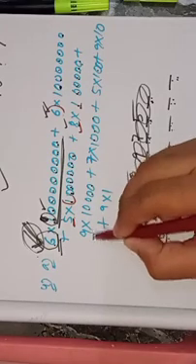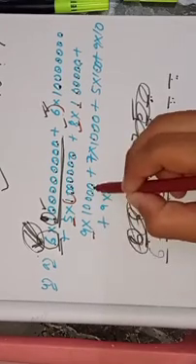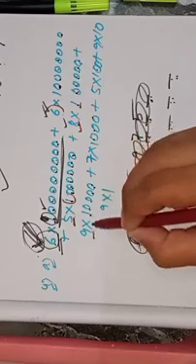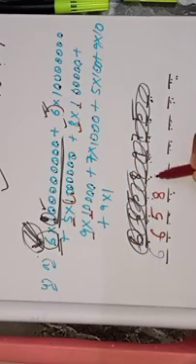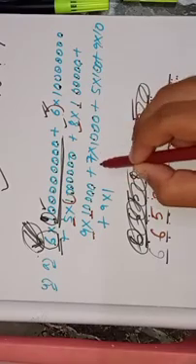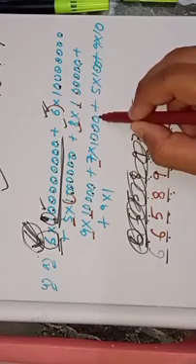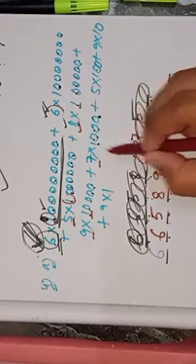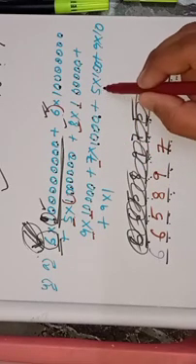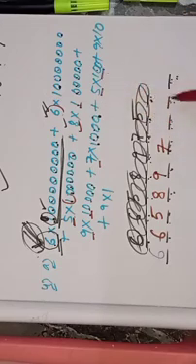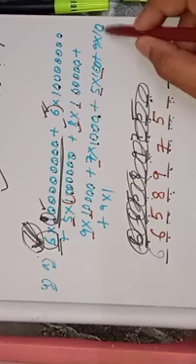Now come to this one. Count the place value: 1, 10, 100, 1,000, 10,000. So the 10,000 place will be filled with 9. Now come to the next one. The place value of 7 over here is 1, 10, 100, 1,000. So that's 1,000, and the 1,000 place will be filled with 7. The place value of 5 is 100, so the 100 place will be filled with 5. Now the place value of 10 is 9.